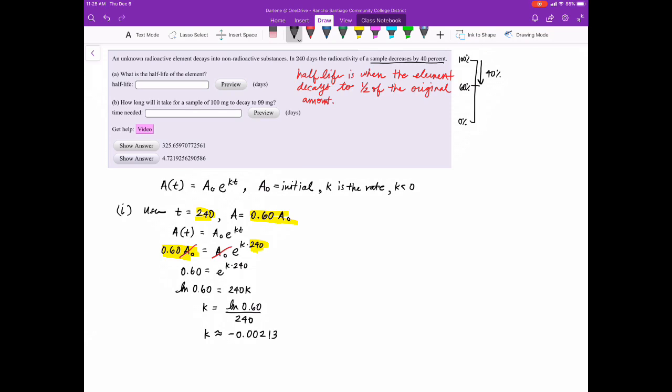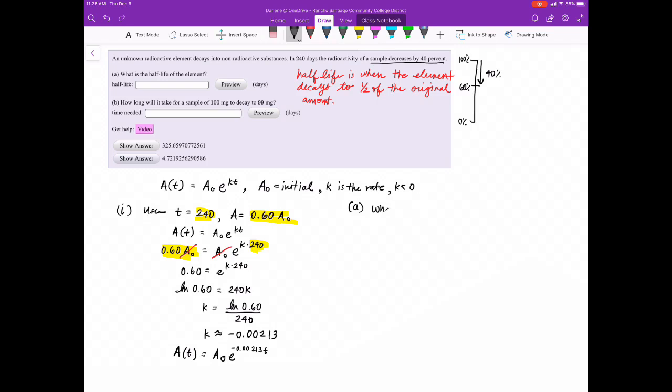All right, so now what we have is A of t equal to A sub 0 e to the negative 0.00213 t. And now we can begin to answer the very first question,